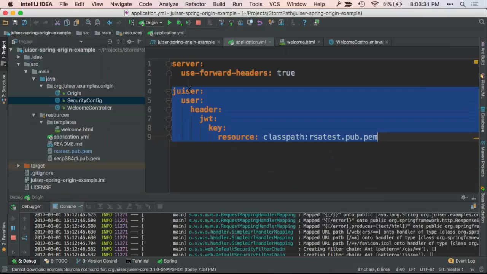the x-forwarded de facto standard, where anything that's a forwarded header will not end up showing in the browser. It's used if you've ever used an SSL terminator and you've had x-forwarded-proto and x-forwarded, what's the other one? I forget. Scheme, right? So this conforms to that. And so by default, if you don't override it, really the only thing that you need is a reference to the public key that it's going to use to verify the signature.